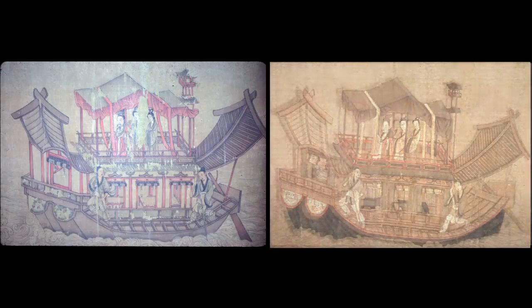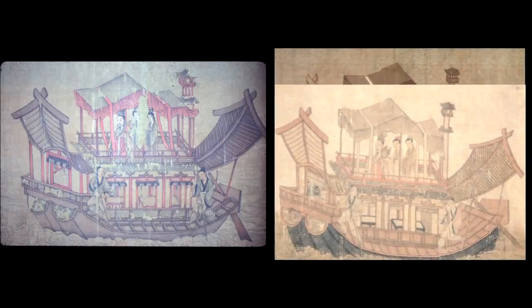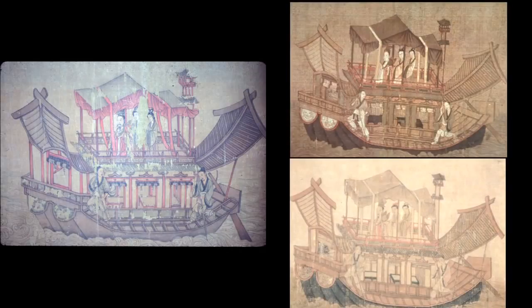And then there was still a third version in the Freer Gallery, in which all these, what seemed to me to be wrong matters, go further wrong. And I took it to be a copy of the Beijing version. So if that's true, then we have three versions in chronological order. All right, that was relatively simple, if I'm right. Anyway, now then